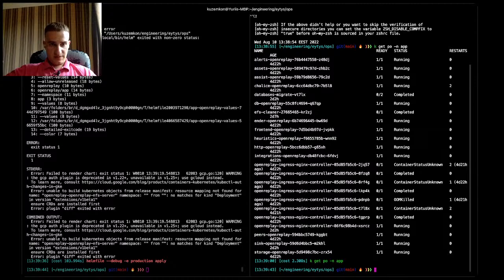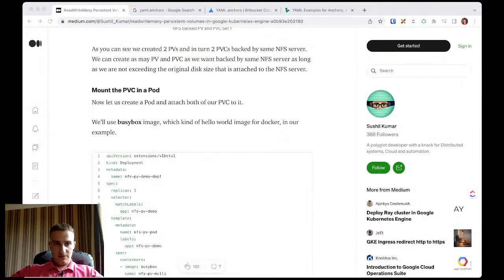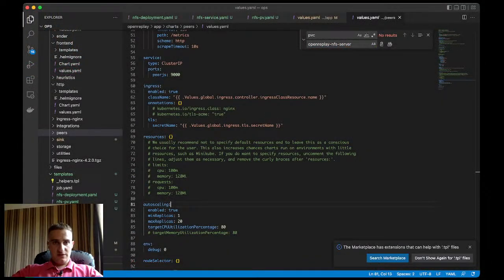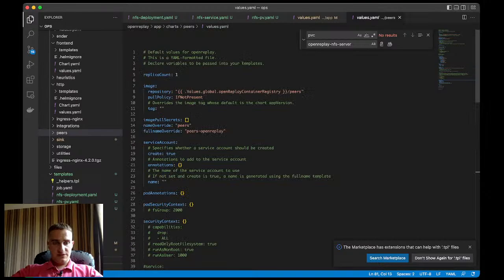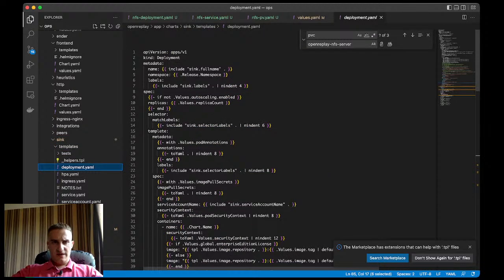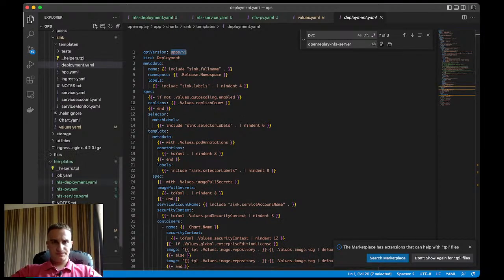Error: no matches for kind Deployment in version, ensure CRDs are installed first. Okay, so they don't like our deployment specification. Let's just make it the same as everywhere. I guess my blind copy paste might cause some issues. Yes, so we need to use apps/v1 instead of beta, whatever they have here,